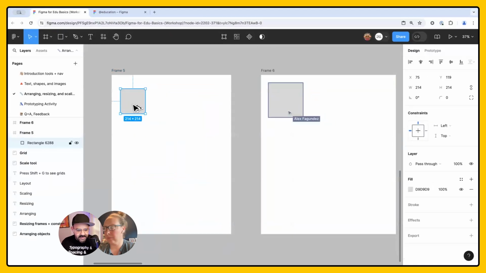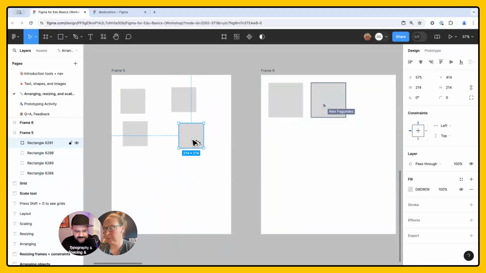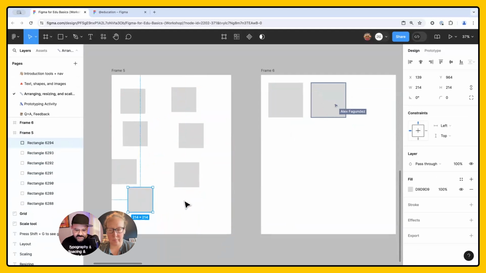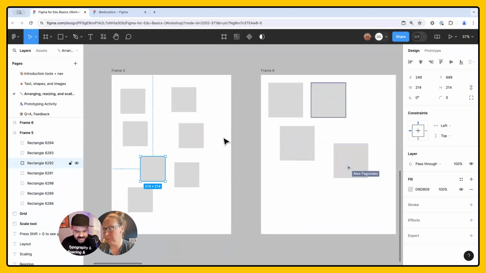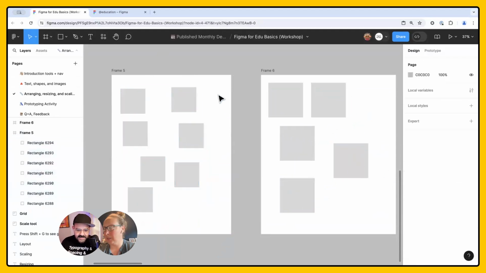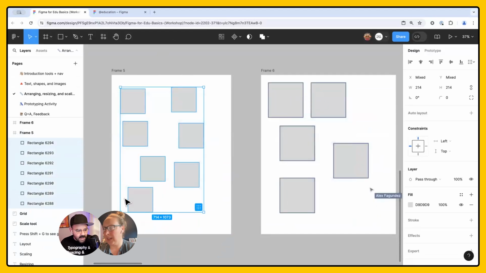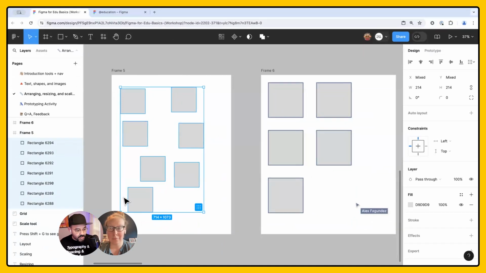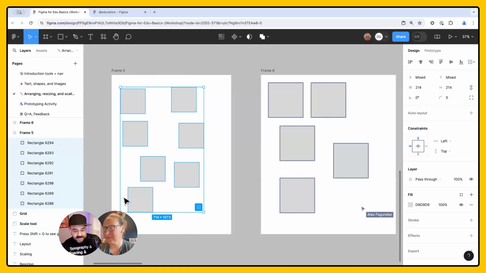So let's draw our shapes. One, and hold down the Option key, drag two, three, four, five, six. Let's do seven. And it could be as haphazard as you want, Alex. So I'm going to select them all, click, drag. If you're on Windows, it's going to be the Alt key. On Mac, the Option key is between Command and Control, and on Windows, it would be the Alt key.